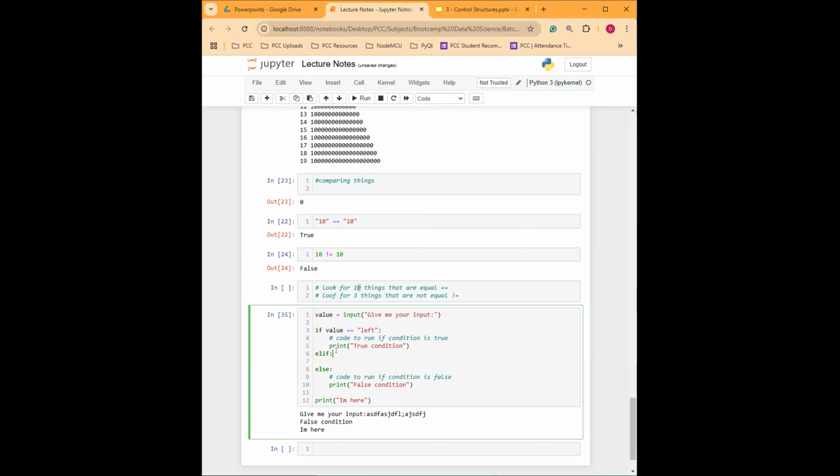elif is used in Python and it works like this. In this case, we're trying to check if the user has entered right. So if it's not left, it's going to do another check. All right, so maybe if it's not left, maybe it's equal to right. Okay, in which case,